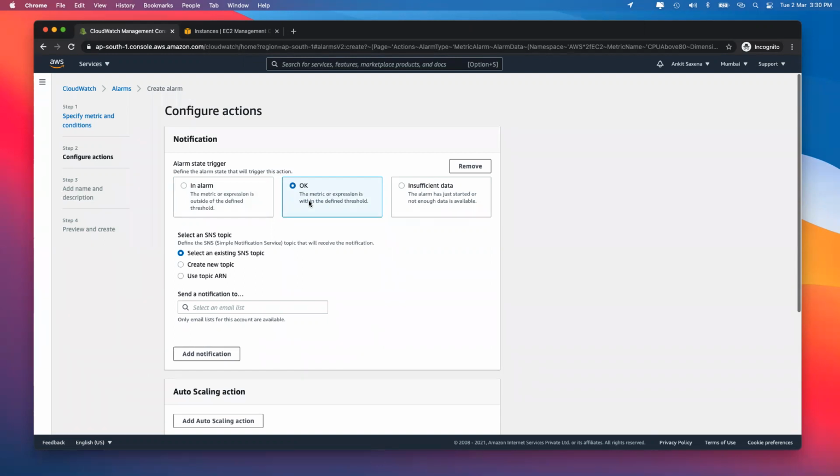So 81 to 100 will be your alarm state, and anything less than 80 is going to be an okay state. Okay, so these two states are there. Apart from that, you also have one insufficient state that is just there in case the alarm has just triggered right now, or there is not enough data available at this moment. So let's say if I create an alarm right now, it will go for some time and gather the information. So in that case, you will see the alarm happens to be in an insufficient state.